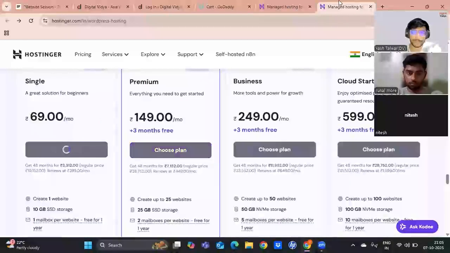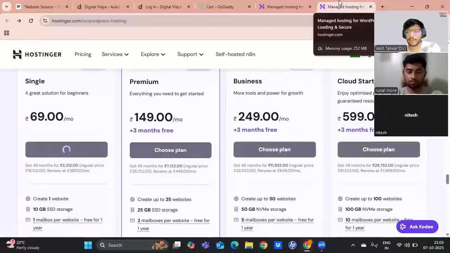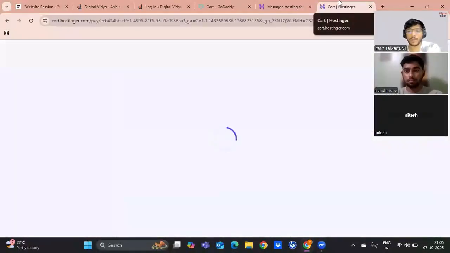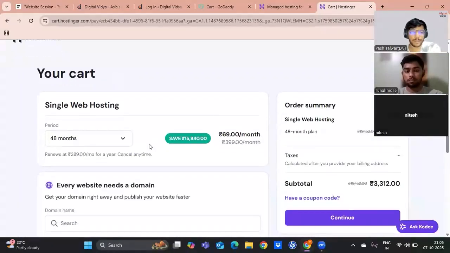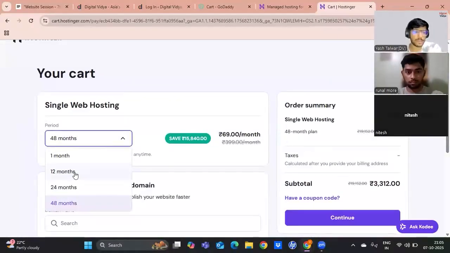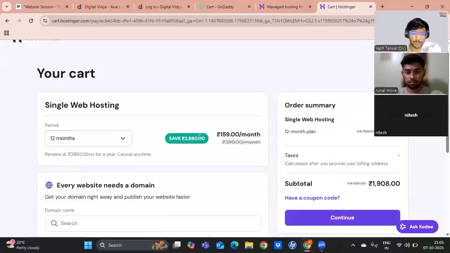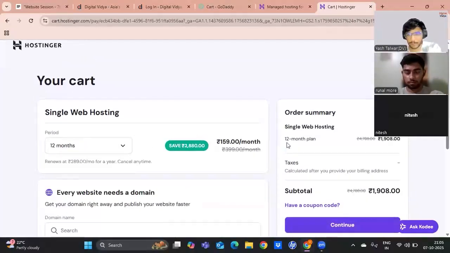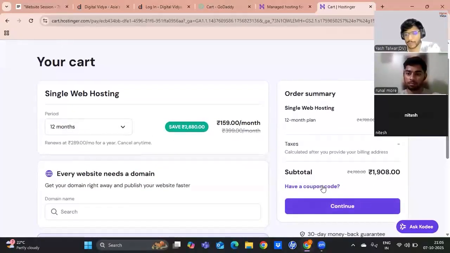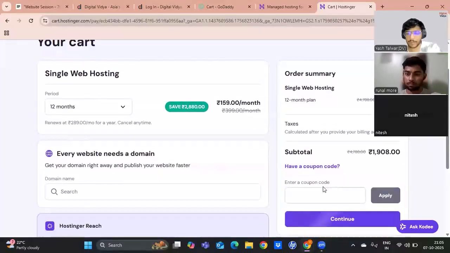If you select the single plan and go for the yearly payment, it will come down very similar to the premium plan. So if I change it to 12 months, 1908 rupees, let's also apply the coupon here.